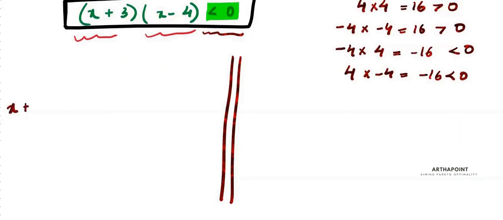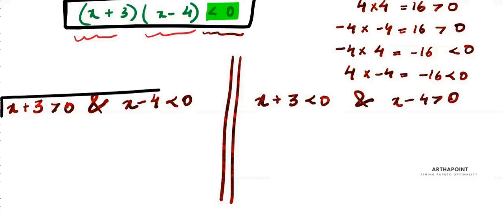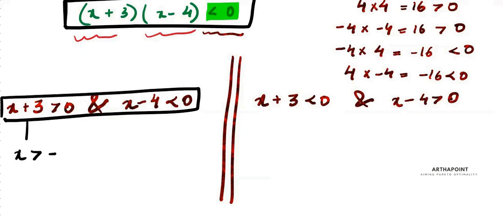Either I want x plus 3 to be positive and x minus 4 to be negative, because the product of positive and negative is negative, or I want x plus 3 to be negative and x minus 4 to be positive. If I solve the first, I get that x should be greater than minus 3 and x